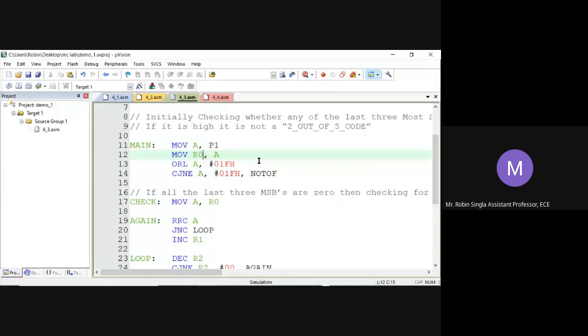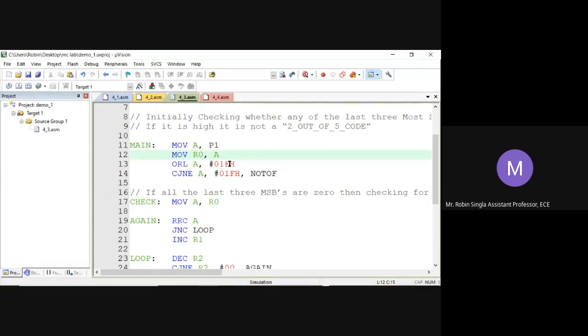Do you understand? Only the last three MSBs are 0, all others are 1, which is 1FH.